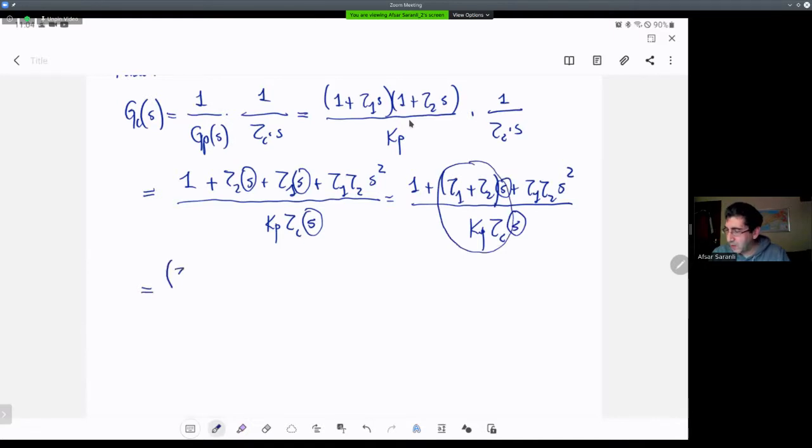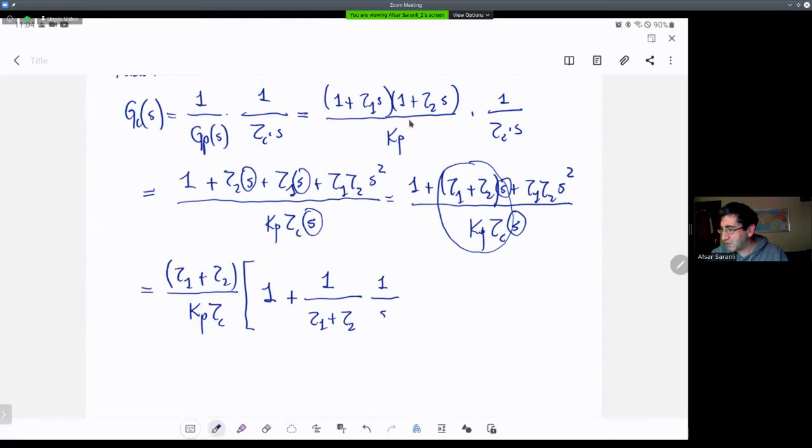Okay, so tau 1 plus tau 2 over Kp tau c, and then in the inside I will have 1, which corresponds to this second term, plus 1 over tau 1 plus tau 2, 1 over s, which comes from this first term. Okay, and then I have tau 1 tau 2 over tau 1 plus tau 2 s. Okay,